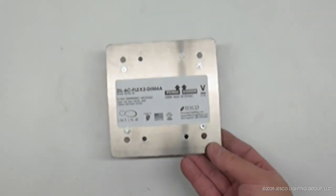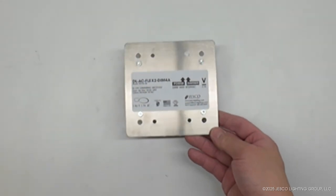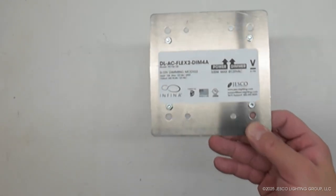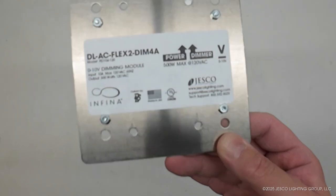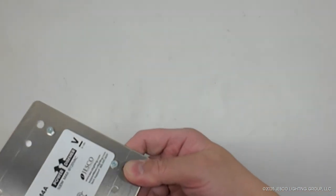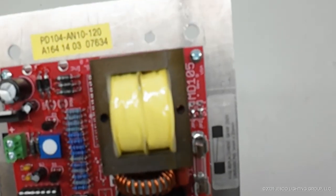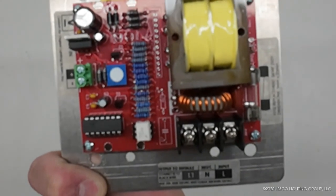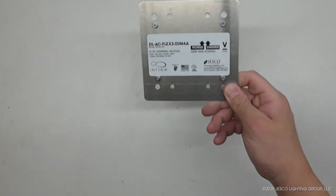In this video, we will demonstrate several installation examples of the DL-AC-FLEX2-DIM4A, a 0 to 10 volt dimming interface that allows the INFINA LED strip to dim using a standard 0 to 10 volt wall dimmer. Additionally, we will install the DL-AC-FLEX2-HWSPM, a hardwire surge protection module that safeguards both the DL-AC-FLEX2-DIM4A and the INFINA LED strip against power surges. These examples serve as references only. There are multiple ways to install these products, so always follow the National Electrical Code and local regulations for proper